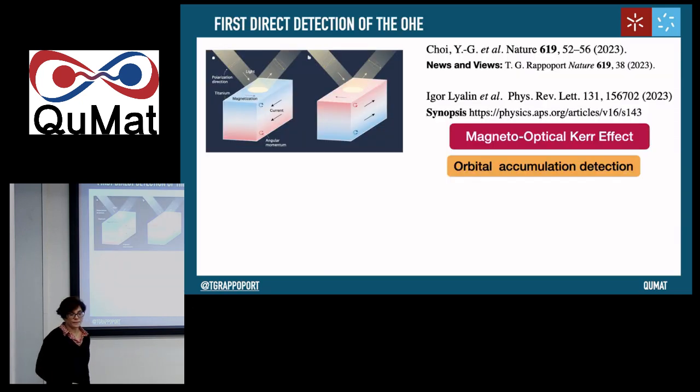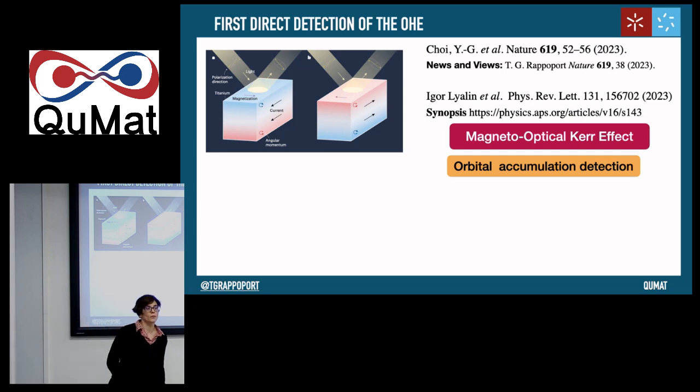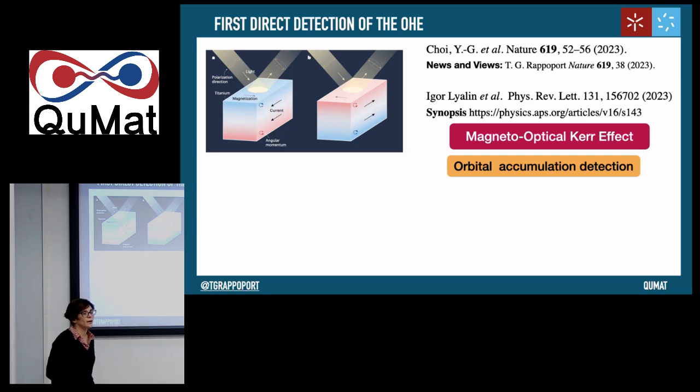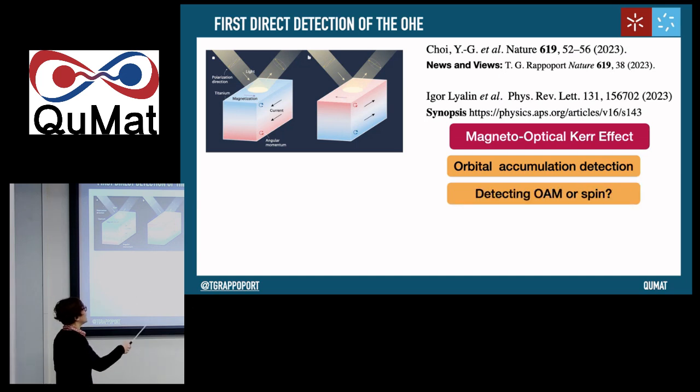Well, as in spintronics, you need to inject currents, and you can do that through orbital effect, but you also need to detect it, right? And the main issue with the experiments is exactly how you differentiate spin accumulation from an orbital accumulation. At the end of the day, you are measuring magnetic moments. They are the same, right? So how do you know you're detecting one or the other?